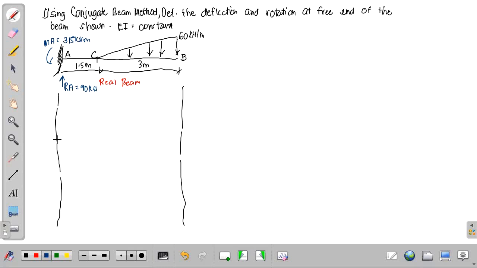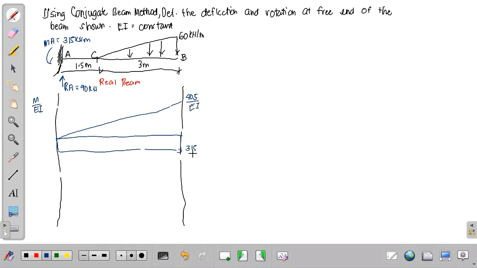Okay? So drawing our moment diagram by parts. So let's draw our moment diagram by parts. Moment center at D. So paano yung drawing natin dito? So we have RA 90 times 4.5, ilan yon? This is 405 over EI. Since our EI is constant, diretso na nating MEI. This is EI. Okay? So we have 315. We have here the moment 315 over EI. And lastly, we have the